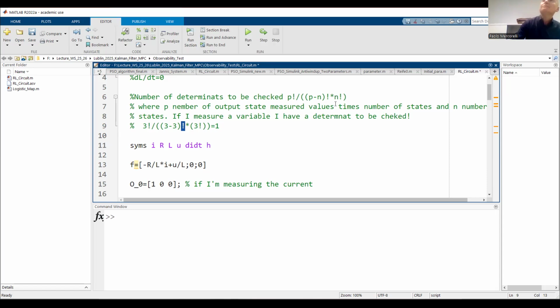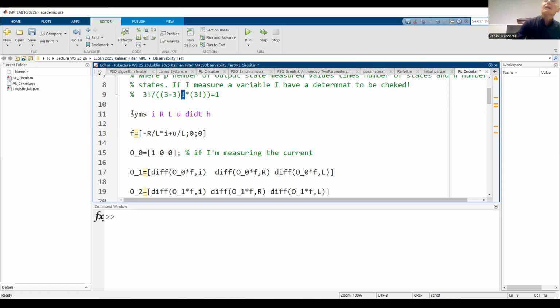Let me show you. Did you agree? This syms indicates the symbolic variable. Sym means symbolic. Probably it is plural, I don't know. But in any case, I, R, L, U, and the T is in a little bit of an artificial form. I don't remember if I used it to indicate the derivative of the current with respect to T. Anyway, everything